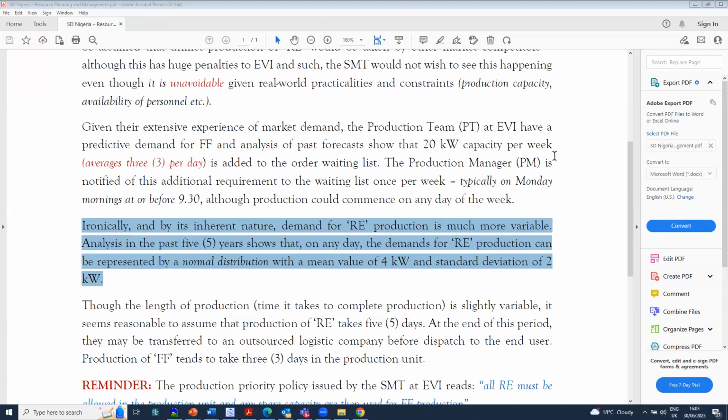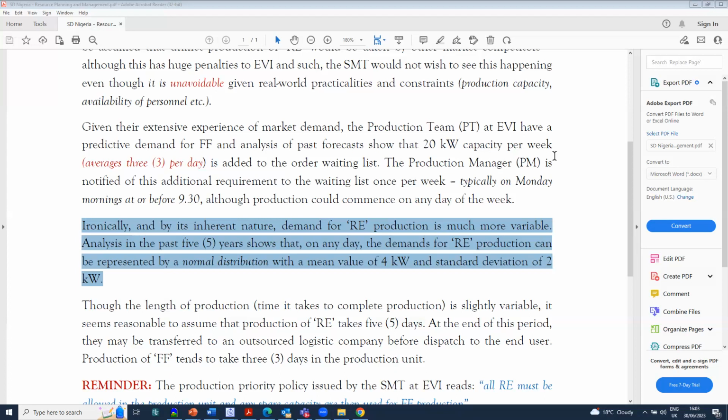So, I just want you to repeat what you said you want to do. You want to do a contract and say to them what? Okay, so what if there's a contract that says that the minimum order of renewable energy that can be made by any client will be 4 kilowatts, nothing more, nothing less. Stable. Yes, it's stable. If you do that, the standard deviation will become 0. Yes, we'll get a straight line.